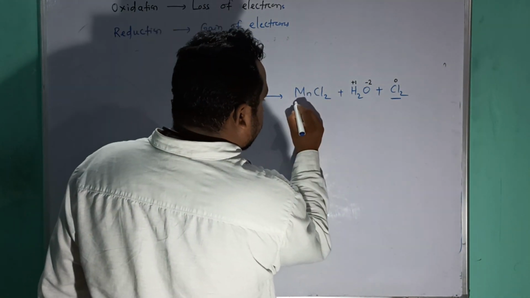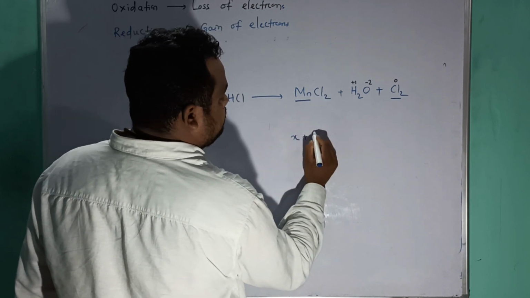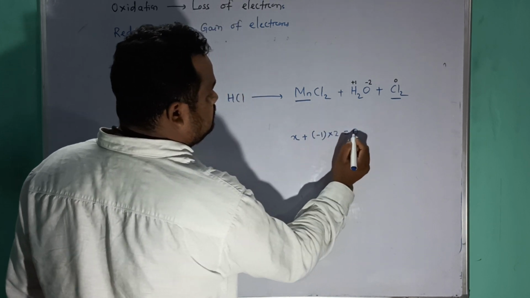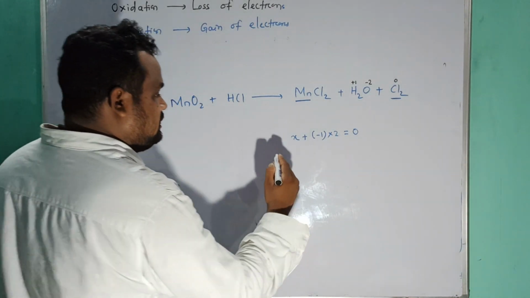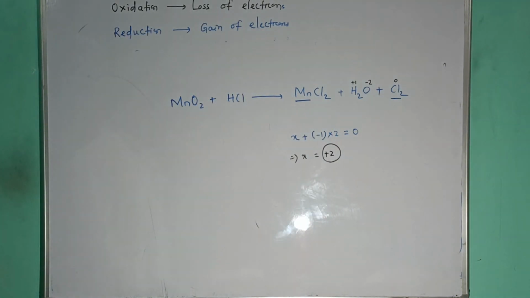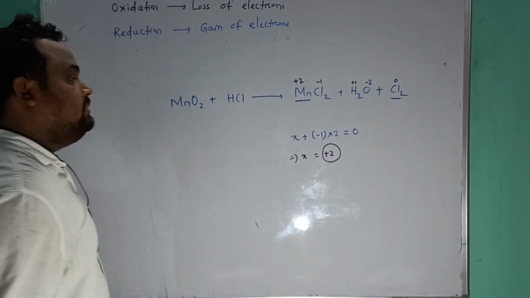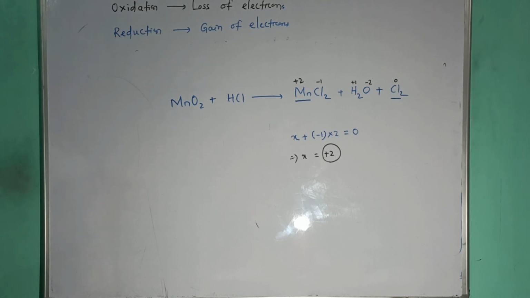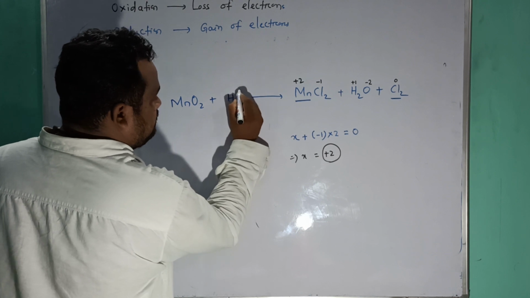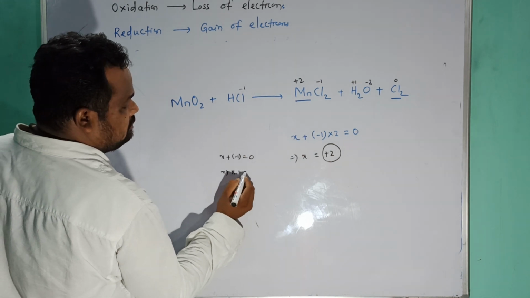तो हम लोग को we have to calculate the oxidation state of manganese. Let it be x plus, एक क्लोरीन का कितना होता है -1, how many chlorines are there, 2, what is the charge on the molecule, 0। तो it will be x equal to how much, +2। तो क्लोरीन का -1, मैंगनीज का +2। क्लियर। नाउ हाइड्रोजन, क्लोरीन का -1 होगा, x plus -1 equal to 0, x equal to +1।